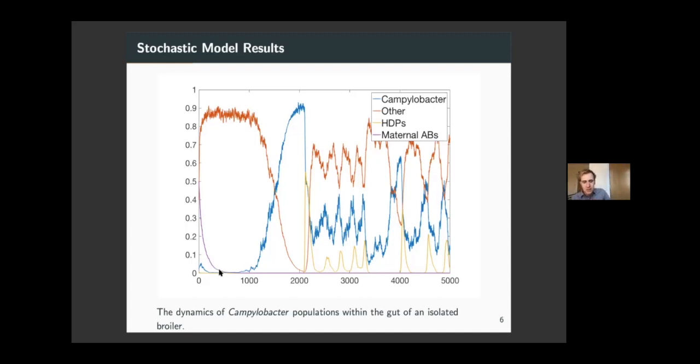But what we then see in this simulation is after those maternal antibodies wane and they run out, suddenly we create a niche where the Campylobacter that is still there, that tiny amount that didn't quite get destroyed, starts to replicate and take hold, and suddenly we have this huge explosion of the Campylobacter population as soon as it takes hold in early life.